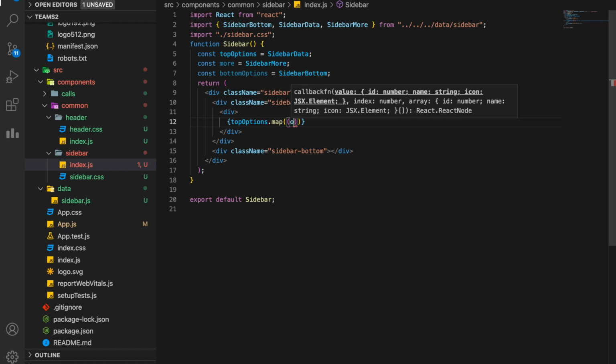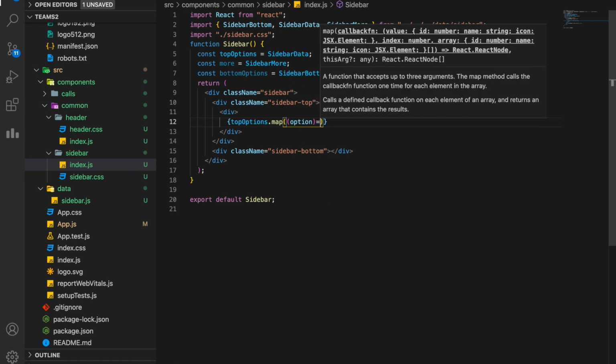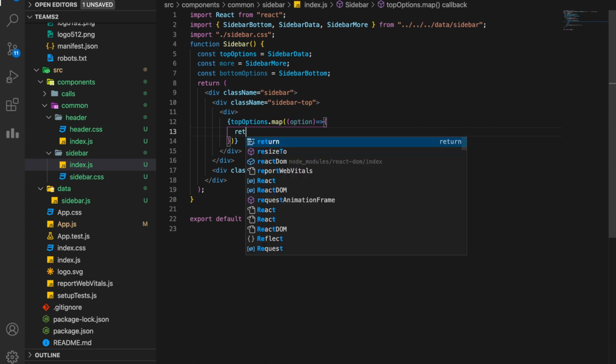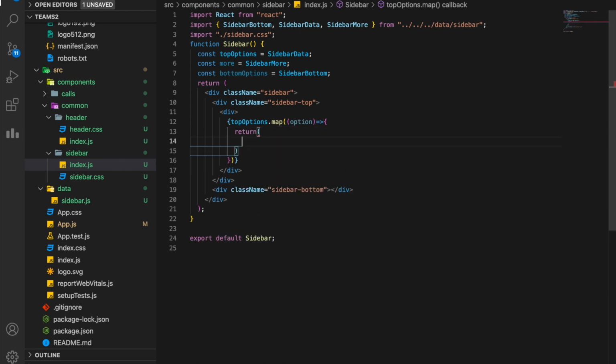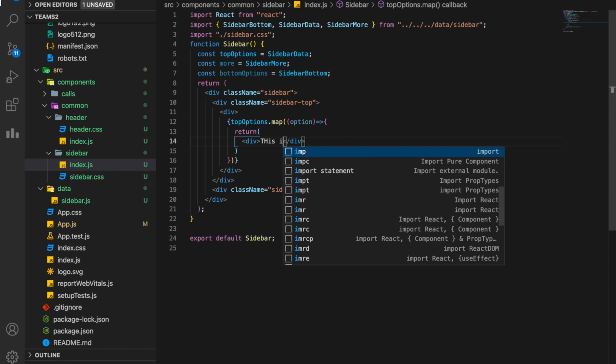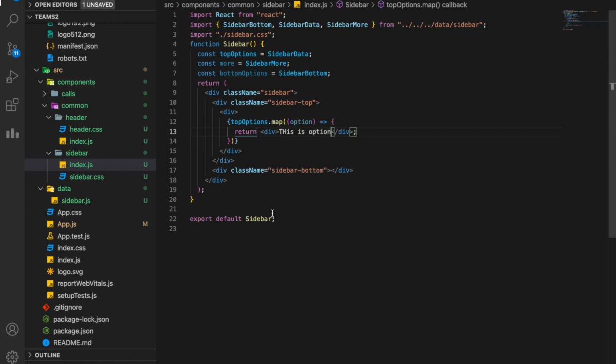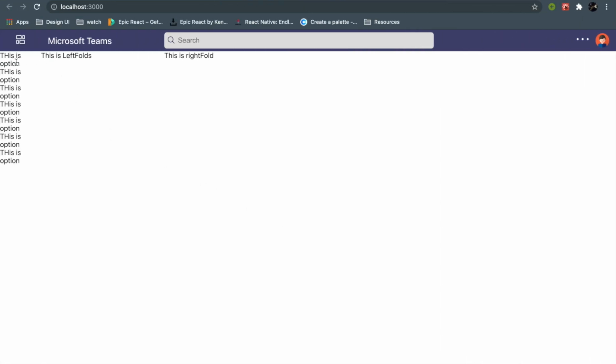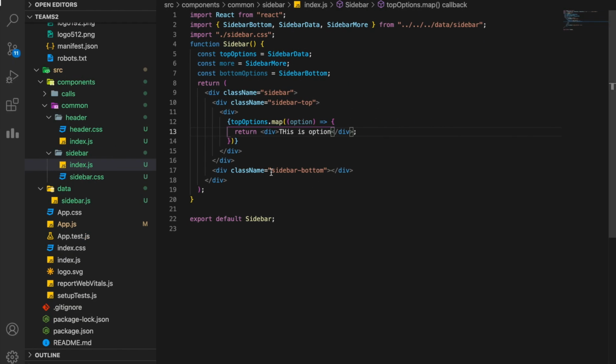We will pick one option here and we will return it. So let us say it's a div, right? This is option. Now if you see, this is option, it must be 7. 1 2 3 4 5 6 7, one for each of the top icons.